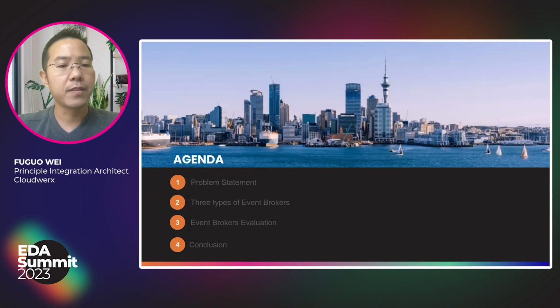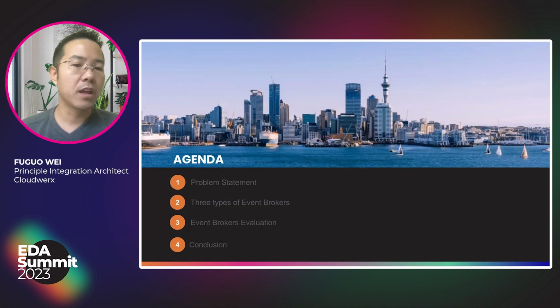And then we will speak about 3 different types of event brokers: queue-based, log-based, and subscription-based. I'll talk about the characteristics of each type of broker. Then we will look at